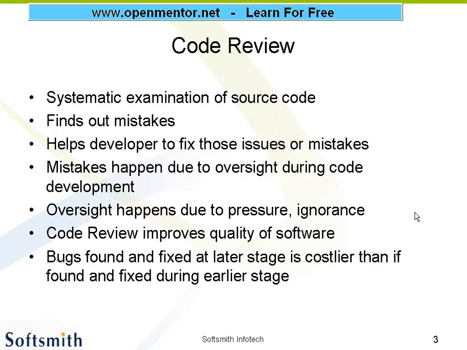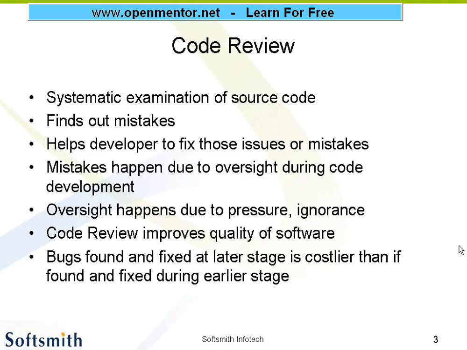If it is captured during the requirement phase itself, it is even better. So if a bug is found at an earlier stage of the SDLC, it won't have a very big impact. But if it is found during a later stage, it definitely has a costlier impact, both for the client as well as for the developer or service provider, I can say.